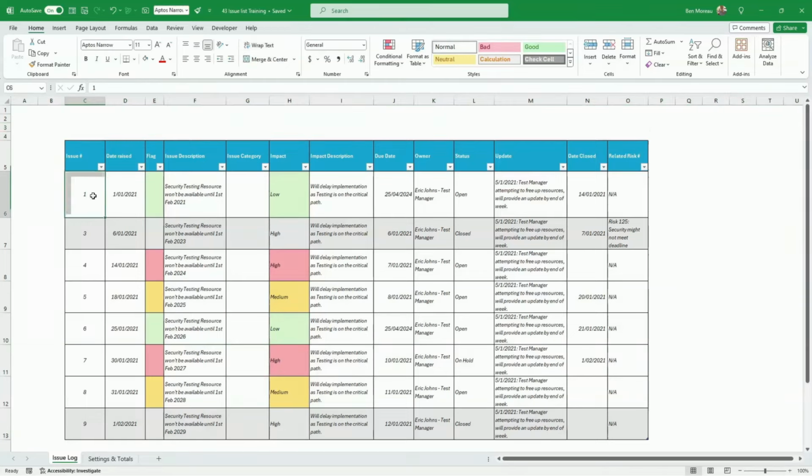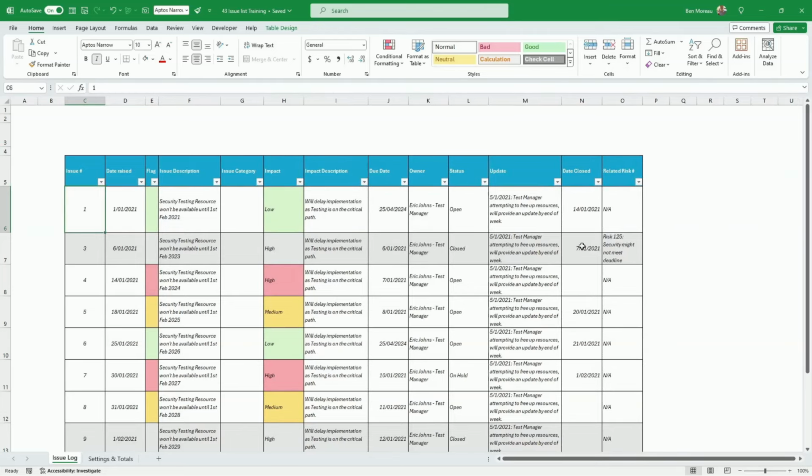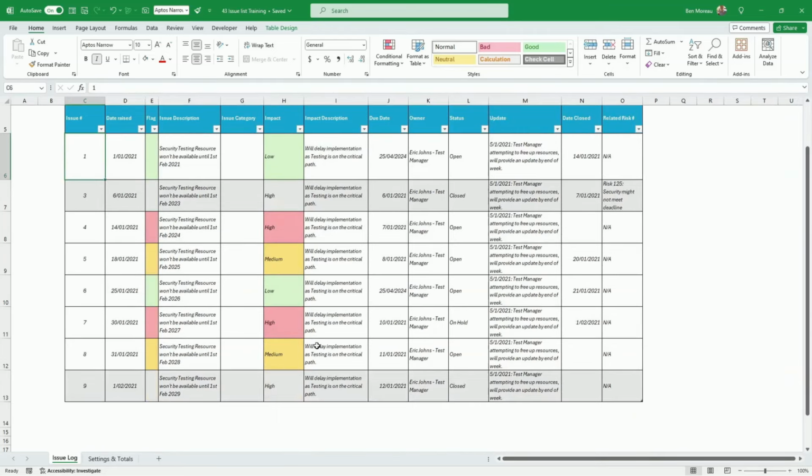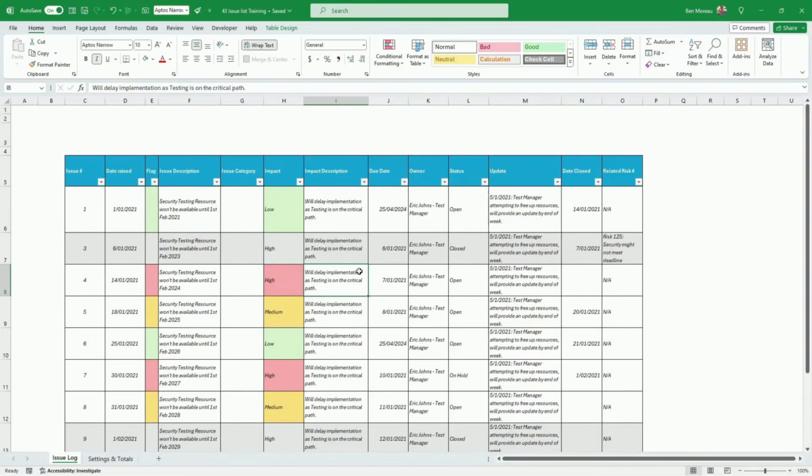Now what I want to do is some filtering at the top to be a bit fancy, because we have actually grayed out the issues that are closed. But if we have 525 issues, there will be a lot to go through. So that's a big advantage of using tables: you can add filters. Let me show you how it's done if you don't know how. So first you go under Insert,